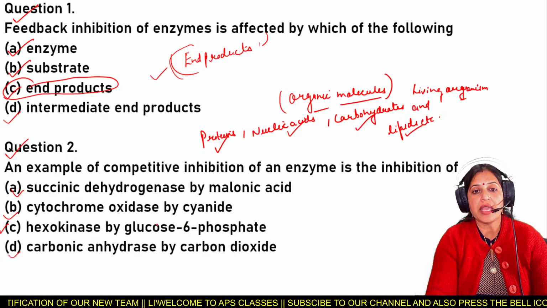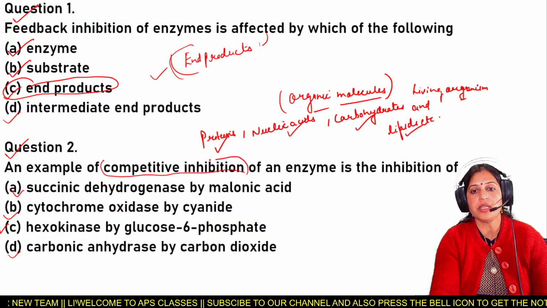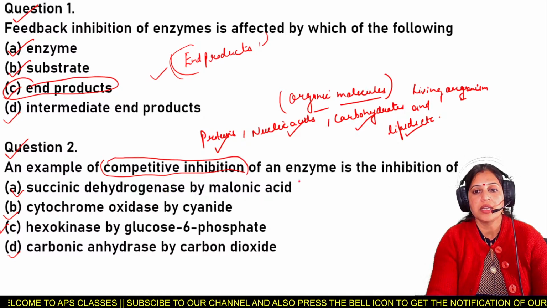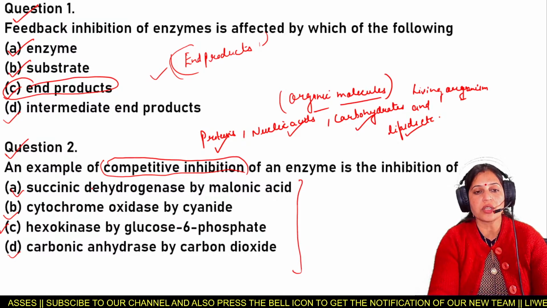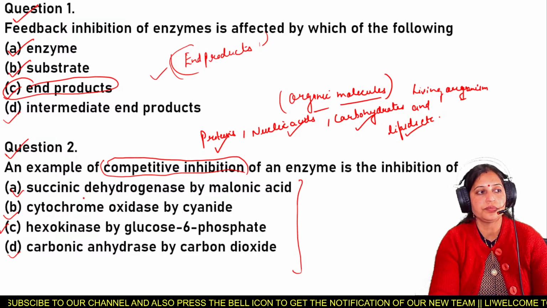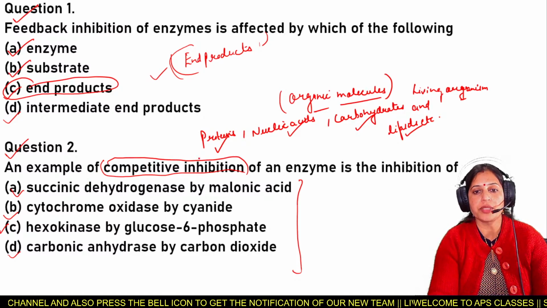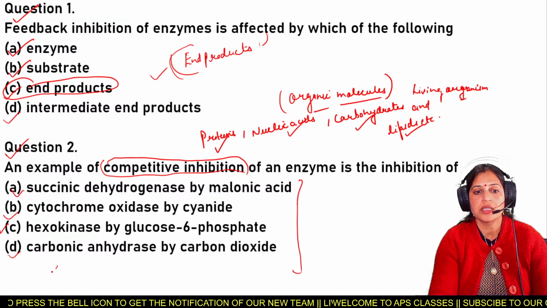There are four options, so which is the correct option for question number 2? An example of competitive inhibition of an enzyme is the inhibition of succinic dehydrogenase